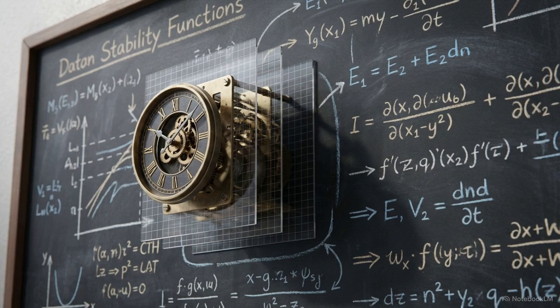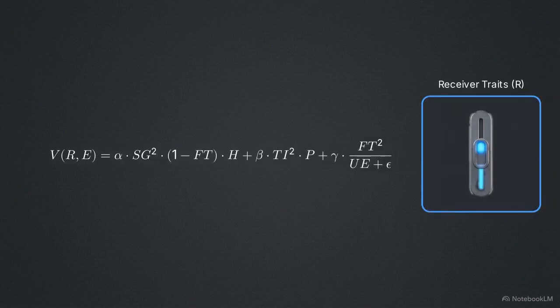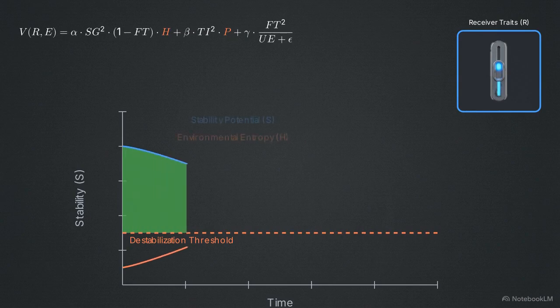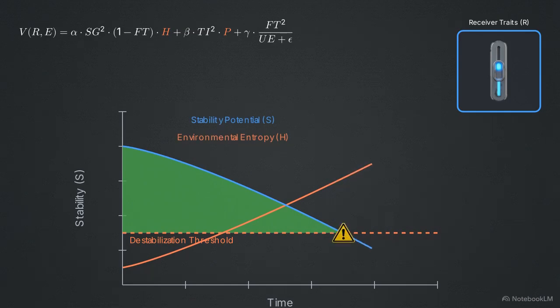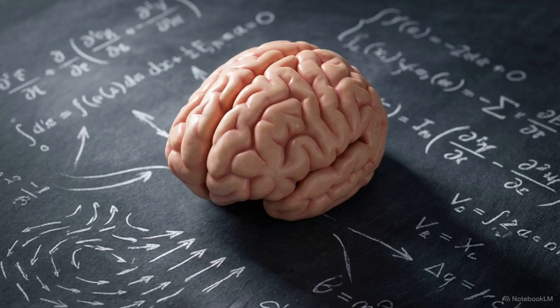To determine whether a specific receiver profile remains functional under stress, we use the stability function. This is the formal RPCS1 stability potential equation. It demonstrates how internal structural parameters interact with external forces. The critical external variables acting on the receiver are H, representing environmental entropy, and P, representing time pressure. This equation illustrates environment-receiver mismatch. A receiver that is stable in a low-entropy environment can destabilize if the environmental entropy increases. The model defines pathology as a transient dynamical state triggered by environmental forcing, rather than an intrinsic property of the brain.